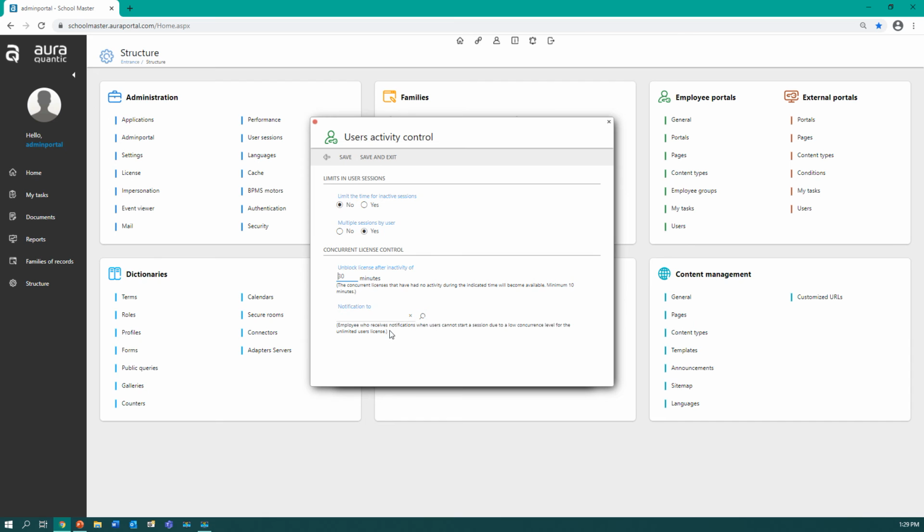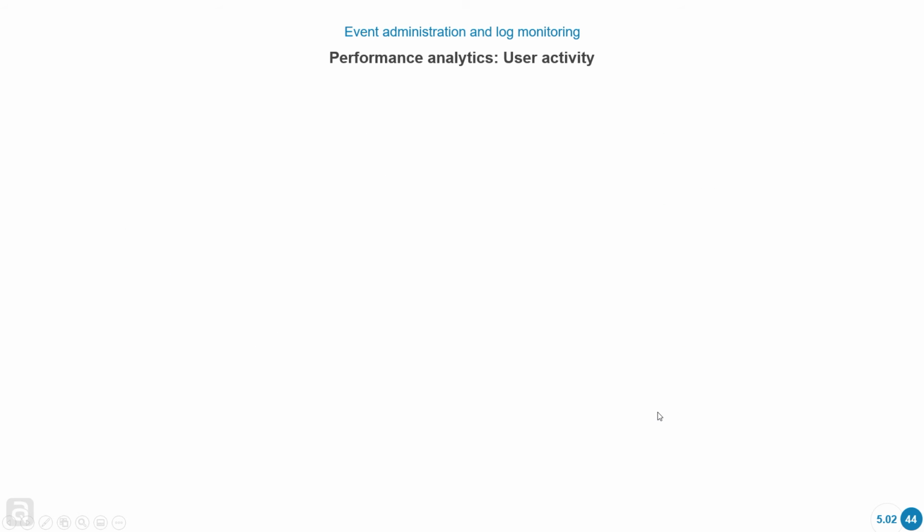Here we can also choose the employee that will receive the notifications when users cannot start sessions due to complications with the concurrent license. Let's go back to the presentation now to see an option that has to do with